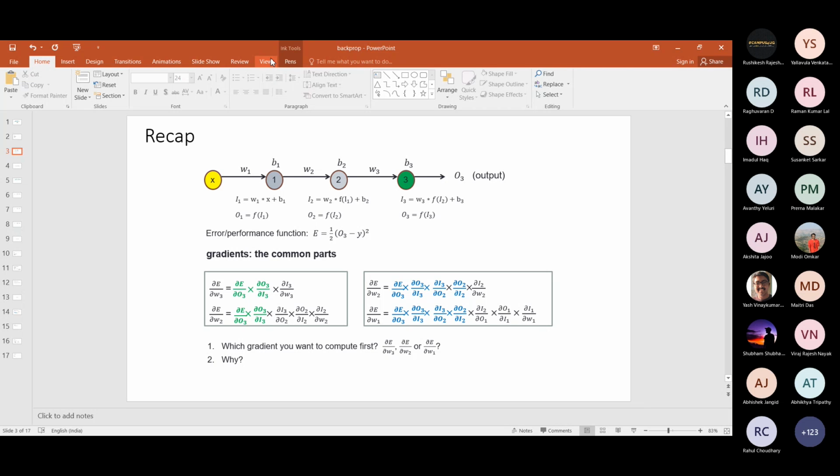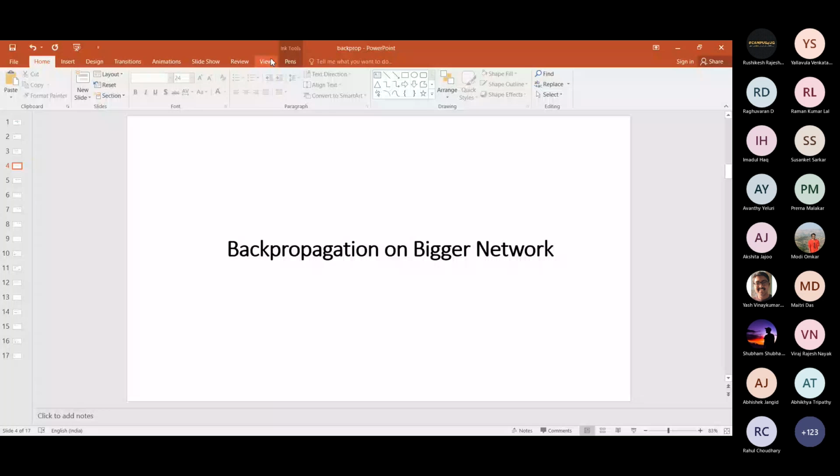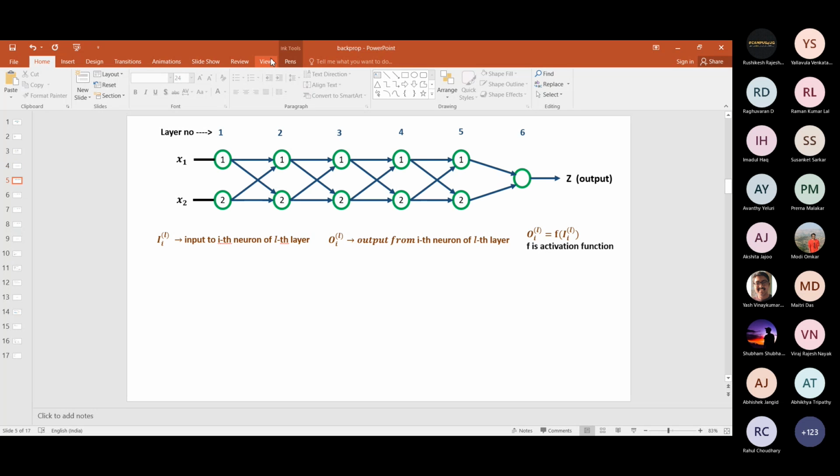Now today, and this is a simple network, this shows essentially how backpropagation actually works. Now today we are going to look at a slightly bigger network, and we'll try to formalize this whole thing, to come up with a closed form formula. Okay, how it comes and how you can basically do your own stuff when you have to deal with a different situation. So I take this particular network. This is a fairly general network. It's, of course, a fully connected neural network, because every layer is connected to the next layer. All nodes are connected. So that's called a fully connected network.